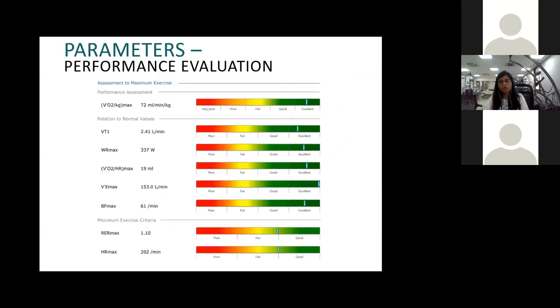Now, this is how overall we see a performance evaluation graph of a person after seeing all those parameters. It has been rated between poor to excellent in different components. So if a person's VO2 max value is excellent, but the lactate threshold is lower, it means that person needs more training in that zone. All these graphs are very useful to see the exact values, and the coaches and the therapists can take a call based on these values on how to plan an exercise program for this person to get better performance.